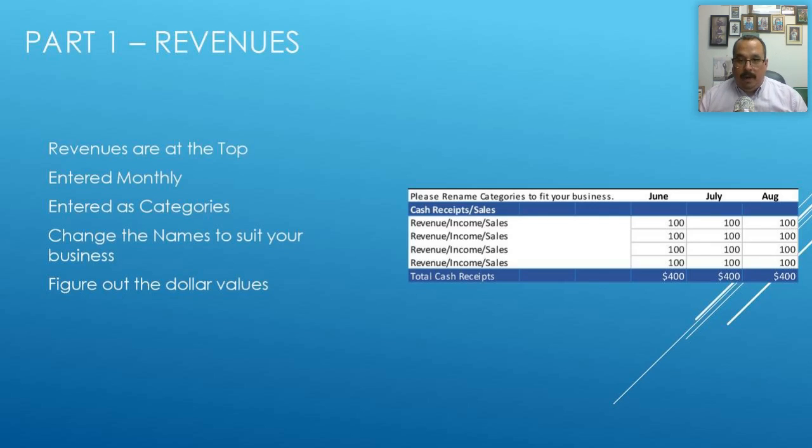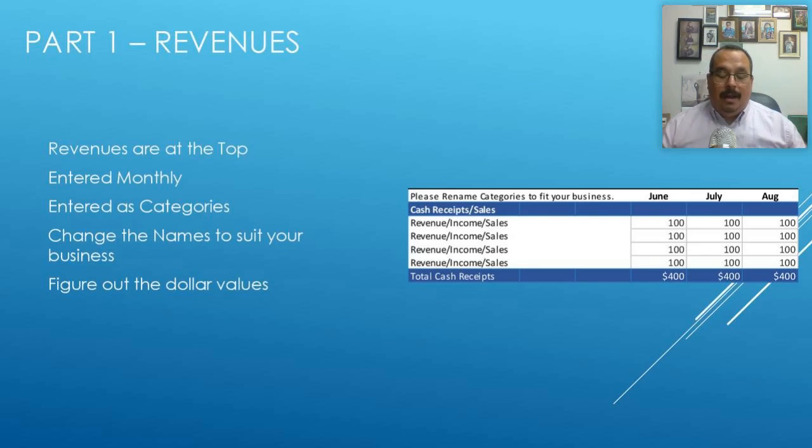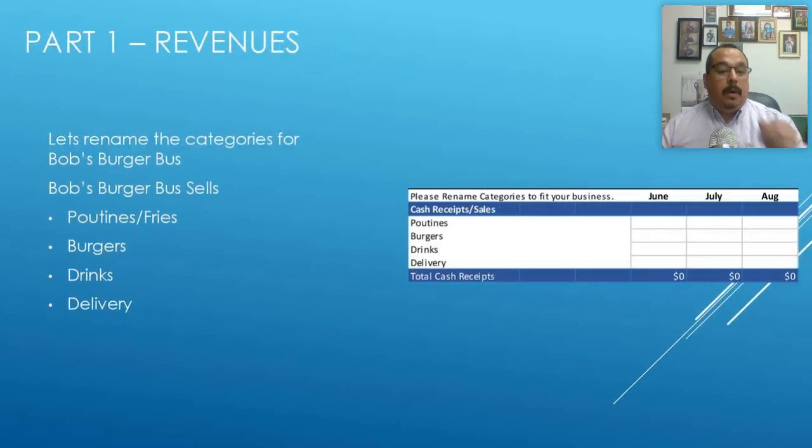And that's really the point of a cash flow statement, is to communicate with whoever you're going to be asking for funding from, what exactly you need. So the more information or the more tailoring you make this for you, the better you'll be able to communicate with me. So once we change the names to suit the business, we can figure out what the dollar values are, and we're going to talk about how you get those. So let's rename the categories to,